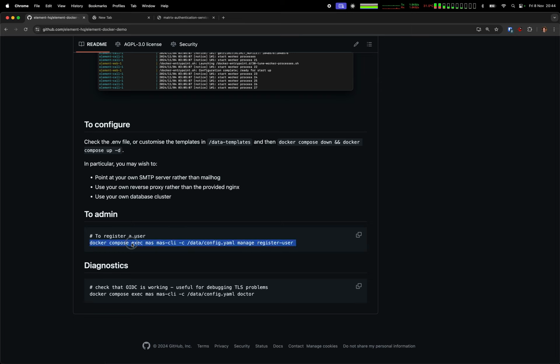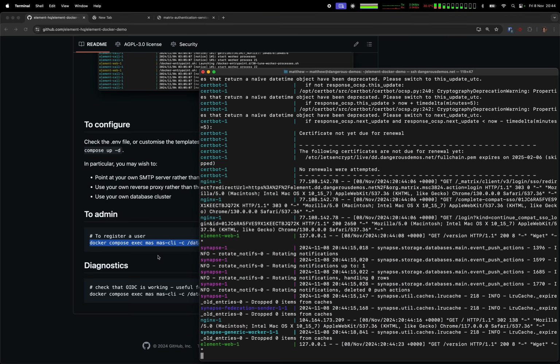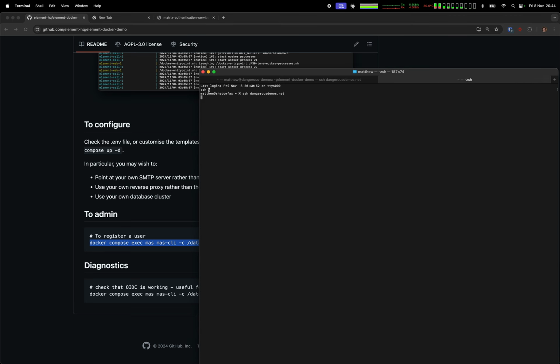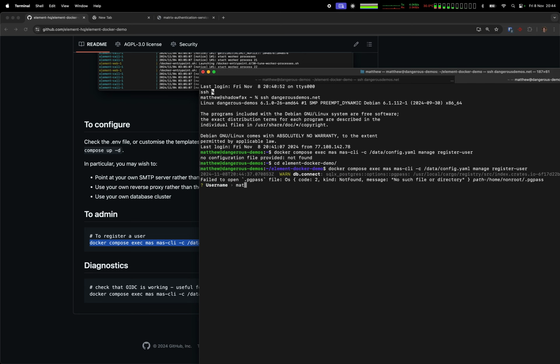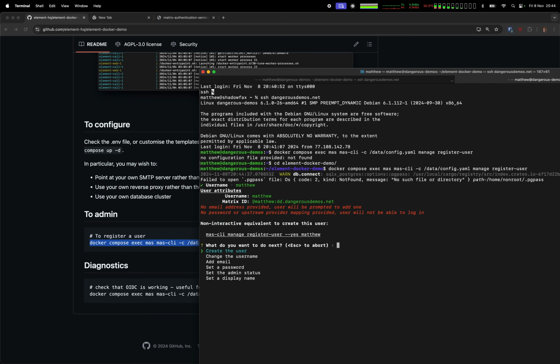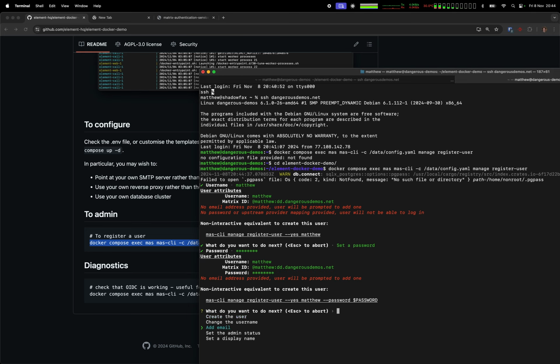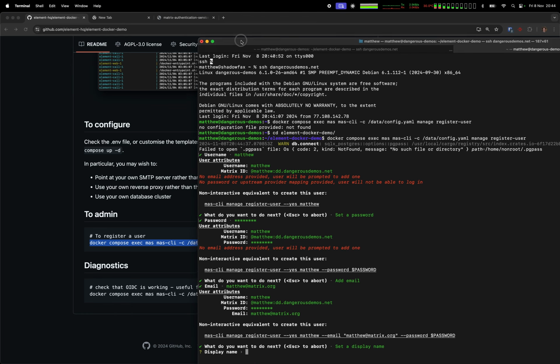Instead, you can manually call the MAS command line, which I shall do to register a user. Like this, in the right directory perhaps. So username is going to be Matthew, imaginatively, and we have this nice little command line interface that MAS gives you. I'm going to set a password so I can get in perhaps. And there we go. I'm going to add an email address, matthew@matrix.org, and then I'm going to go and actually,